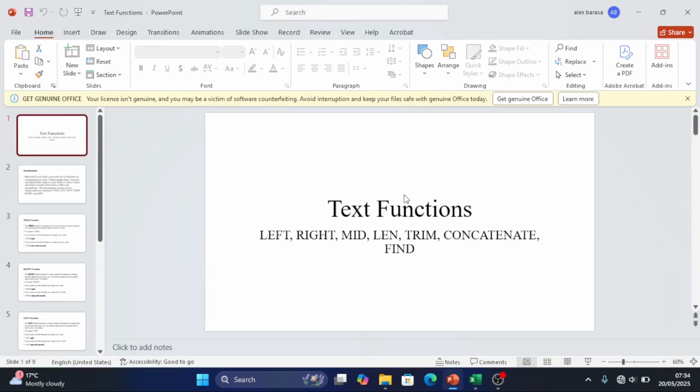Discuss about text functions. Under text functions, we are going to discuss left, right, mid, len, trim, concatenate, and find. These text functions can help you, for example, when you are given a bank statement, and under the bank statement, we